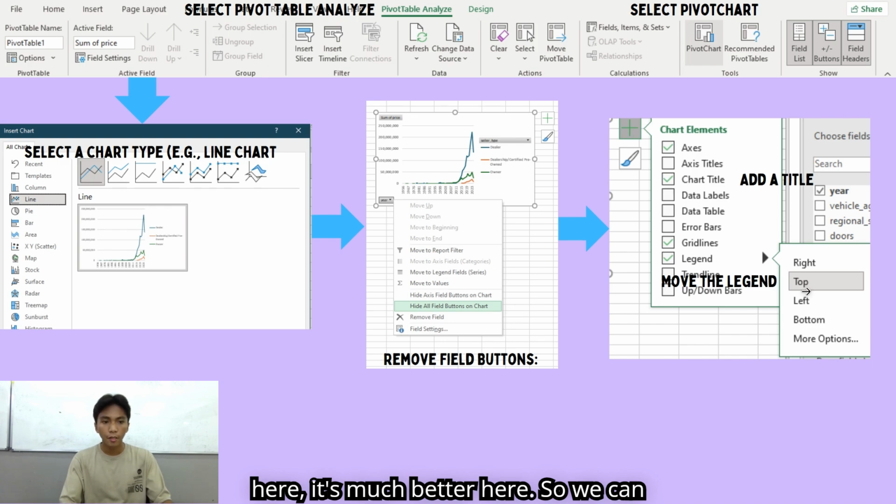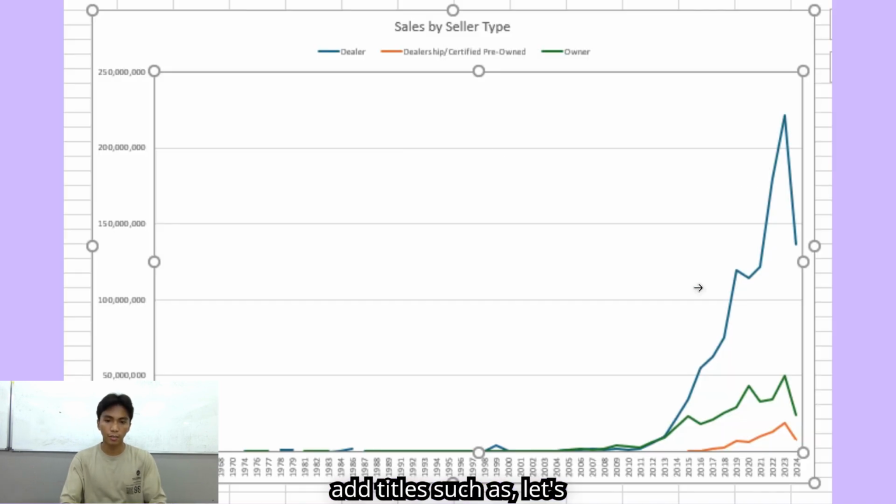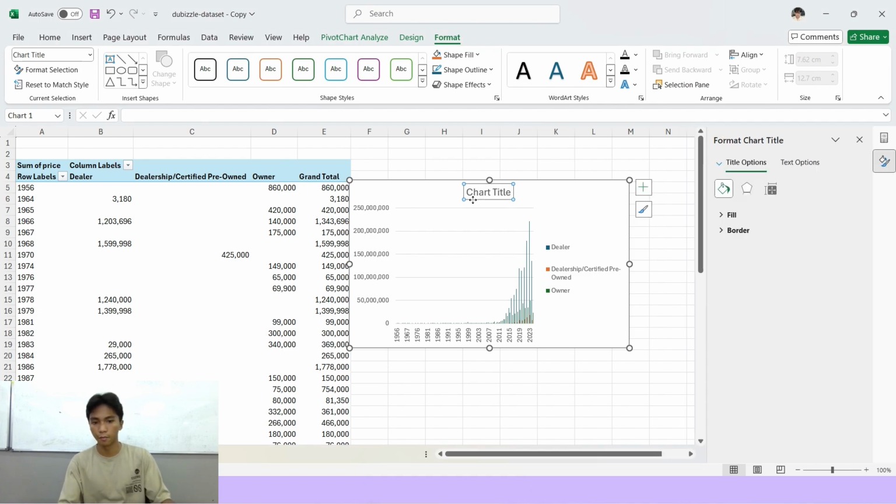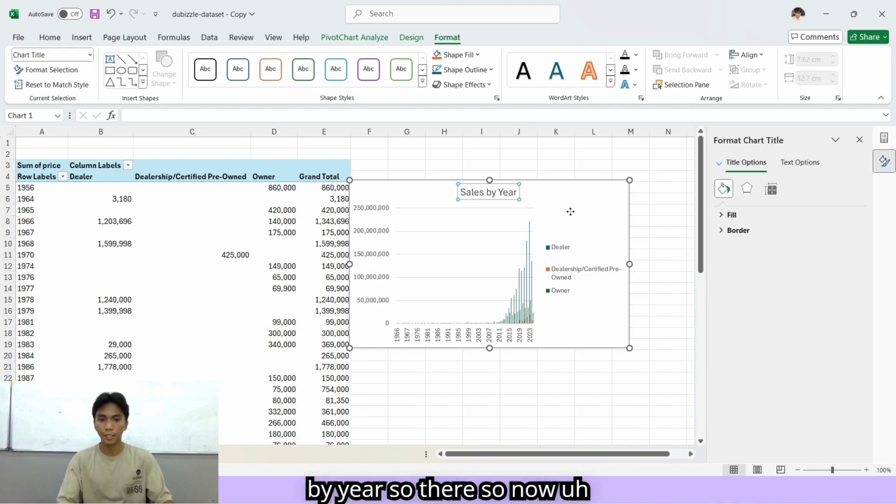So we can add a title such as, let's say, sales by year. So there.